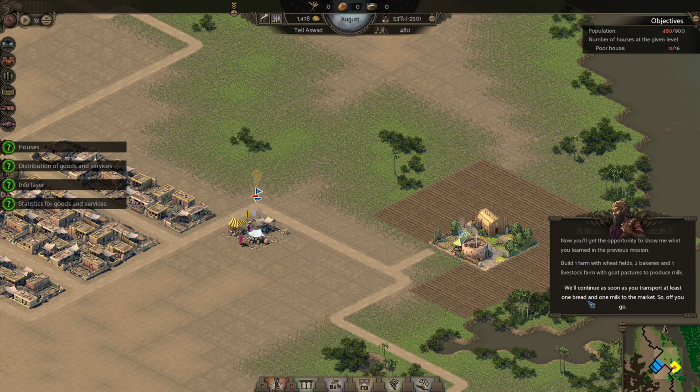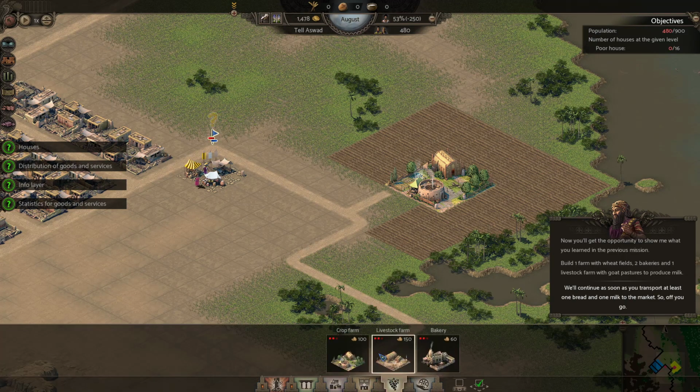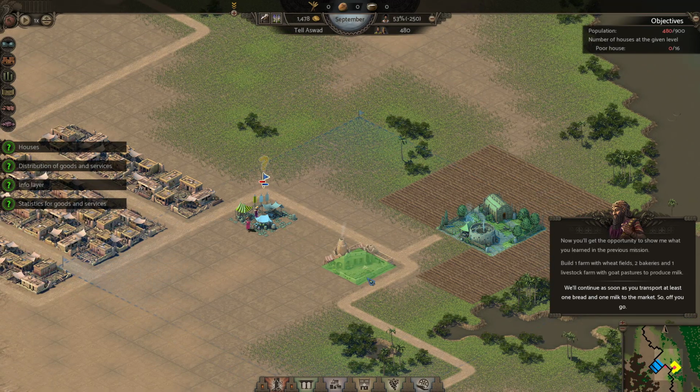Citizens transport at least 1 bread and 1 milk to the market. Okay. So we need bread. We need the bakeries. Let's put a couple bakeries in. They can be... We don't even need a warehouse for them, so...